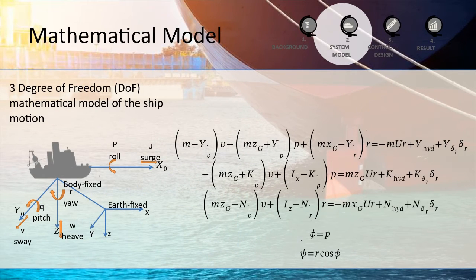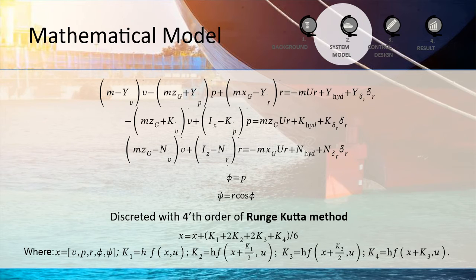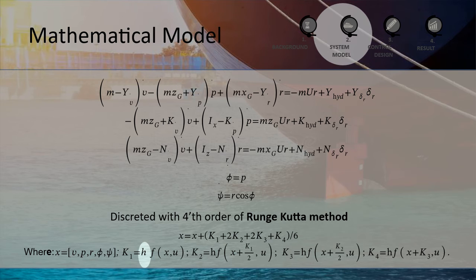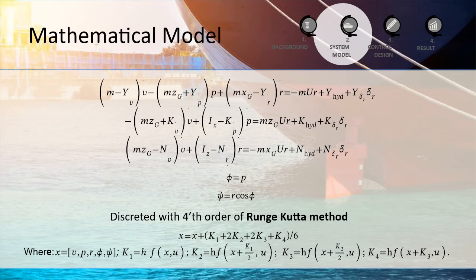Now we go to the second part. As known, the movement of the ship has 6 degrees of freedom. For a ship heading control, the influential motions are surge, sway, yaw, and roll. Because of the assumption that surge velocity is constant, the ship motion considered is 3DOF. In NMPC, the mathematical model used is a discrete nonlinear system. So the previous equations are changed into a discrete model using fourth order Runge-Kutta with time sampling h. And after this, we substitute the variables with the parameters in the equations.